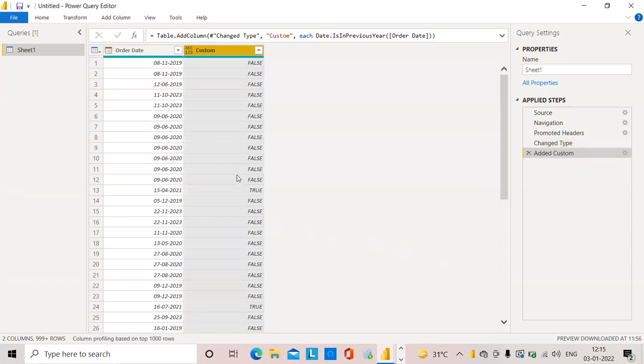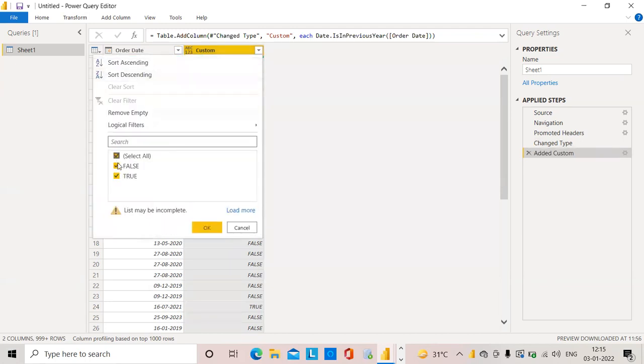Now you can see it is a true or false value. Here it is showing previous year. If the date is in the previous year, you will get a true value, and for others it shows false. If you want to filter the true values only, you can click here, and only true values will be available.